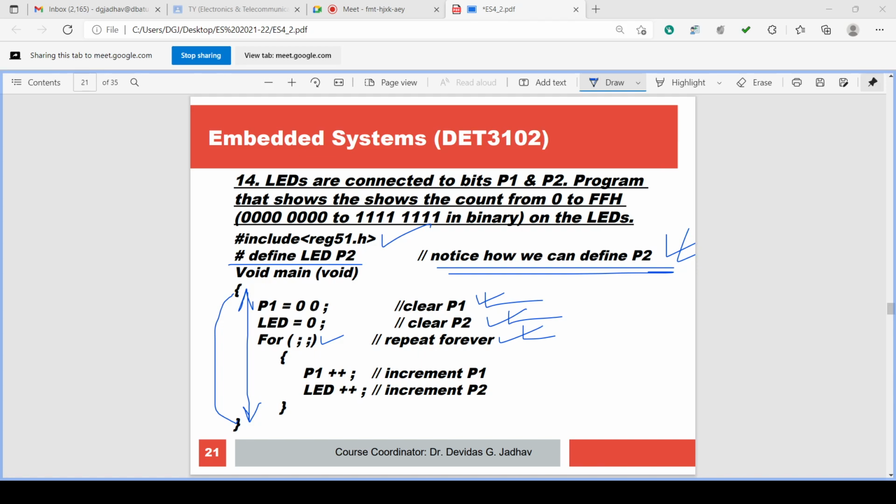We are introducing the delay in the program to recognize the condition of the outputs of the ports.